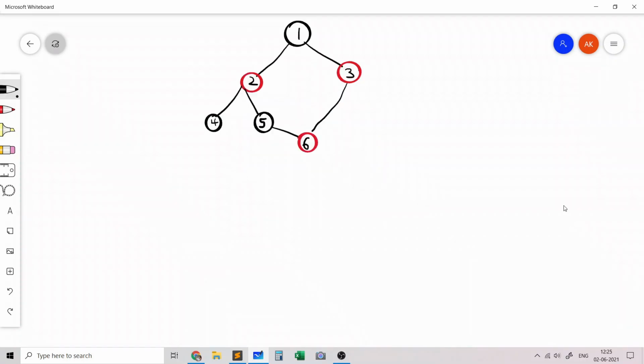However, when we launch DFS on this graph, what happens is that node 1 gets assigned the color of 0. Then we launch DFS on node 2. Node 2 gets assigned the color of 1 as expected. Then once we go to node 2, we launch DFS on 4. And node 4 gets assigned the color of 0. And then once we have finished node 4, we go back to node 2 and call DFS on node 5. Node 5 gets assigned the color of 0.